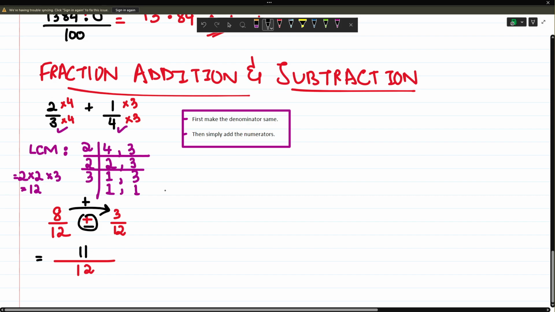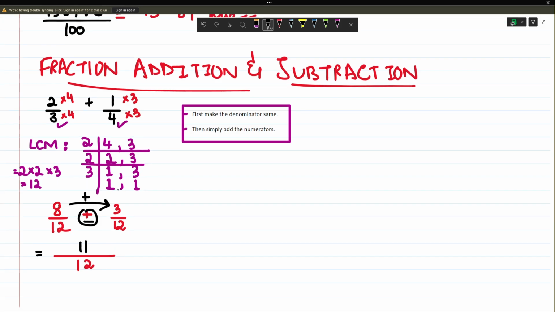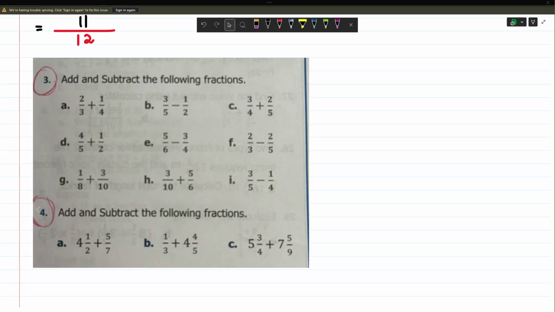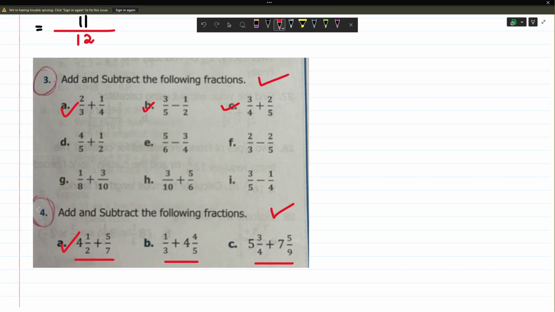Okay? We are going to move towards multiplication and division, but first let's do some practice questions for addition. Okay, so these are the practice questions. These are for simple numbers, like simple fractions. Sorry, question number 4 is for mixed fractions. These mixed fractions, first you got to make them into normal fractions and then you're going to add them. So I want you to try questions A, B, C right now, and question A from question number 4, and then we are going to move forward. The rest you can take as homework. Okay?